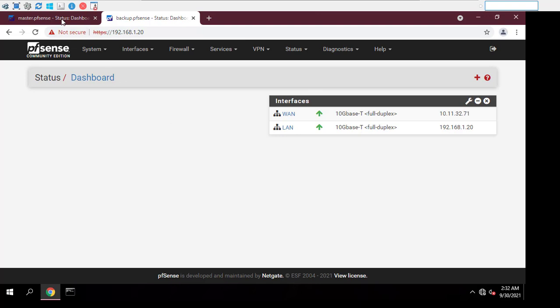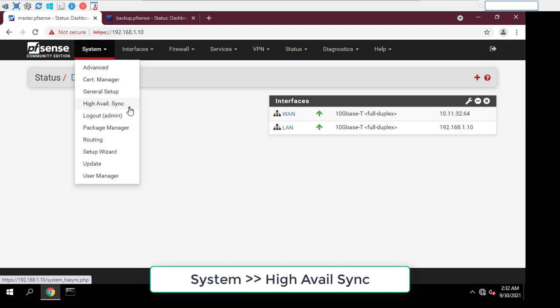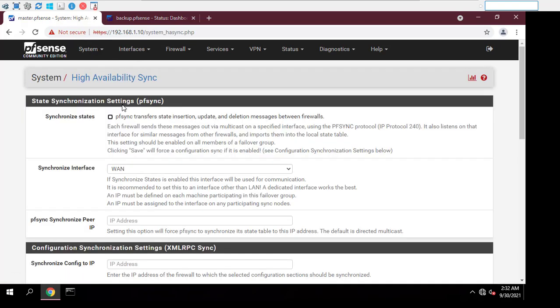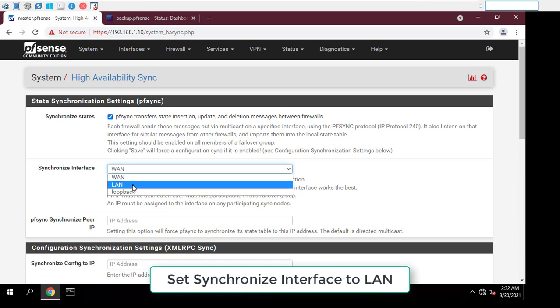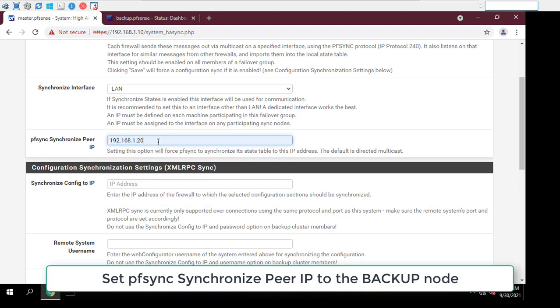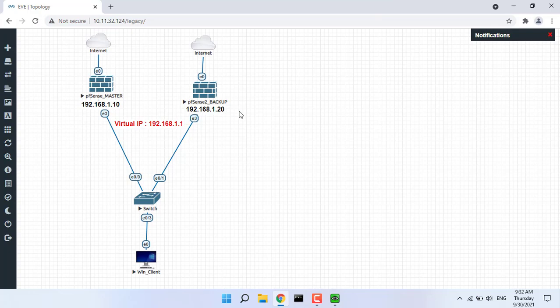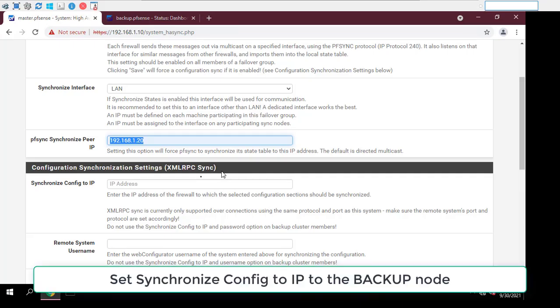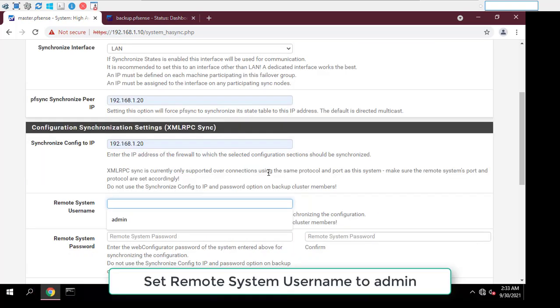Next, configure pfSense. Navigate to System, High Avail Sync. Check Synchronize States. Set Synchronize Interface to LAN. Set pfSense Synchronize peer IP to the backup node. Set this to 192.168.1.20. Set Synchronize Config to IP to the sync interface IP address on the backup node,